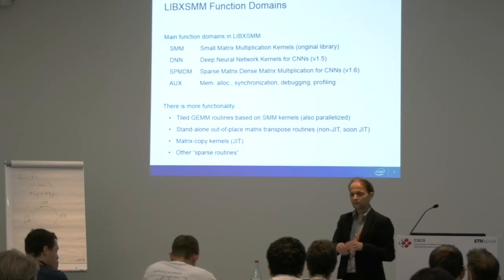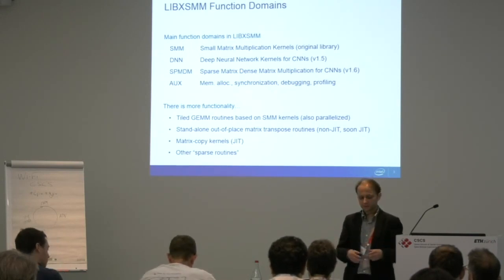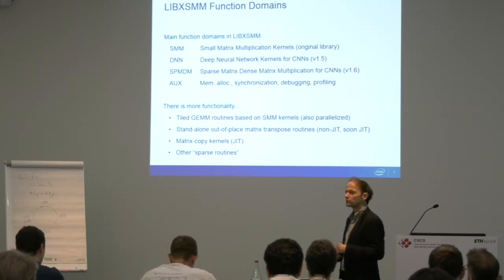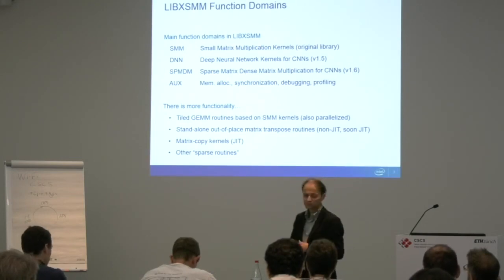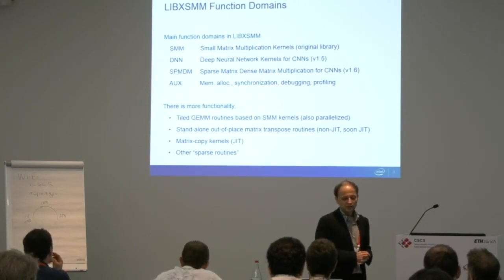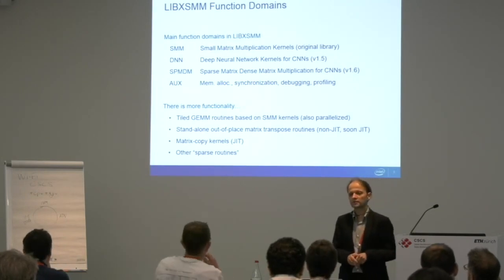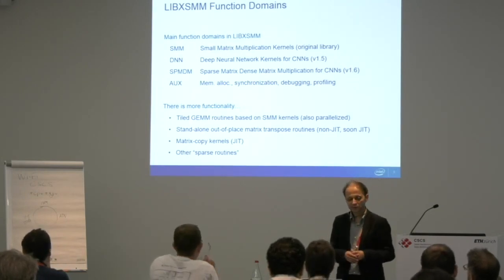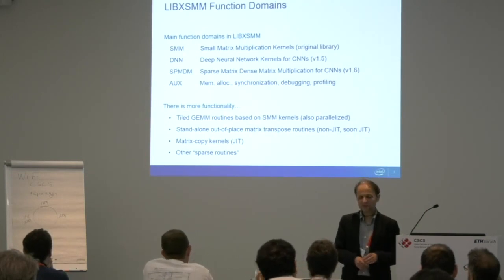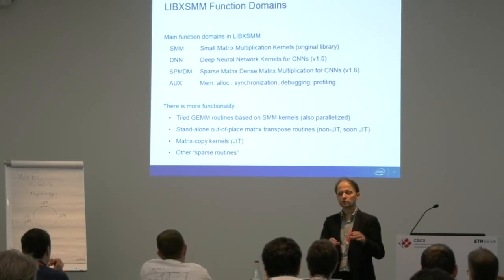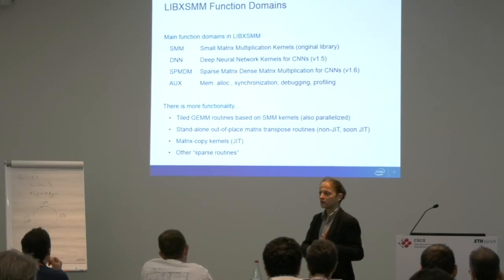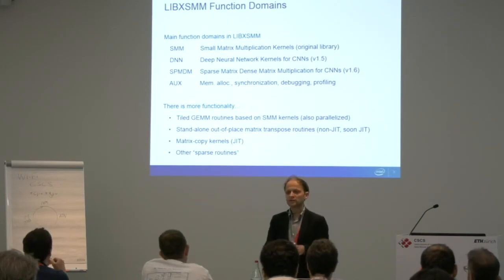Things like a full-blown big matrix multiplication, which reuses the small matrix multiplications for tiled processing. And then we also have standalone out-of-place transpose routines, and soon to be just-in-time code generated. And then other things, we have matrix copy kernels, 2D memory regions, where we generate a copy function that can deal with copying a matrix block out of a 2D